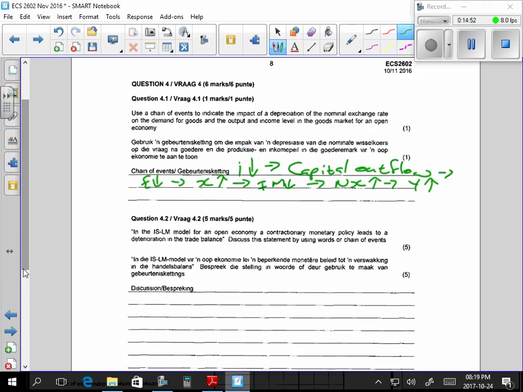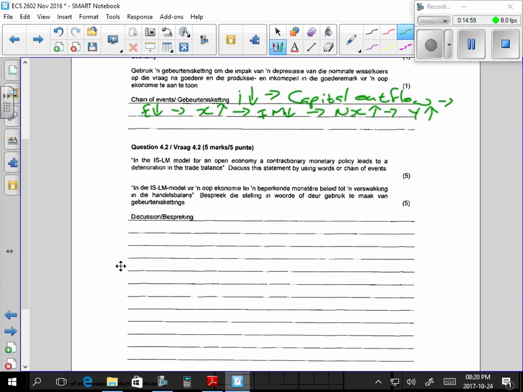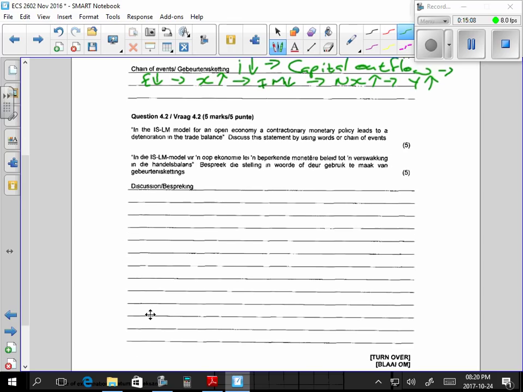Does everyone understand that chain of events? In the ISLM model for an open economy, a contractionary monetary policy leads to a deterioration in the trade balance. Discuss using words or a chain of events. Okay, so whenever you're dealing with your ISLM model, whatever the impact is, whether it's a monetary change or a